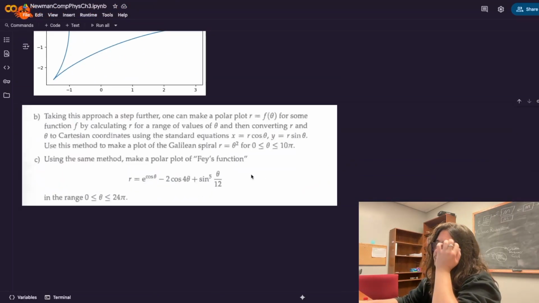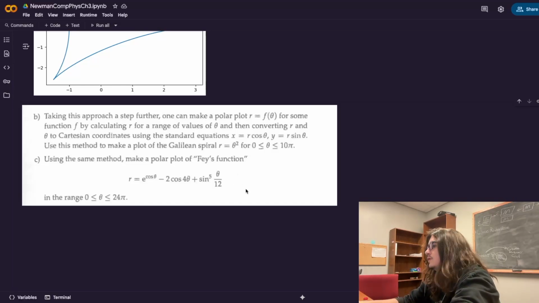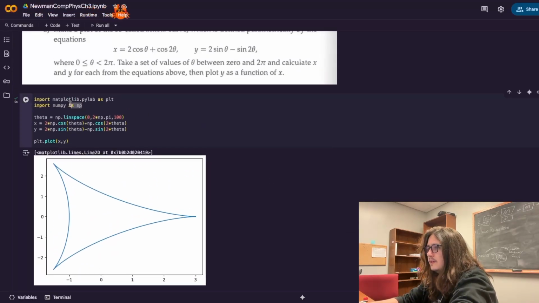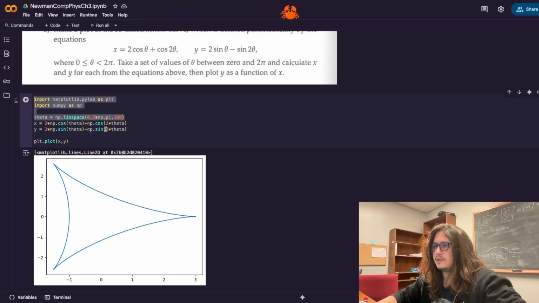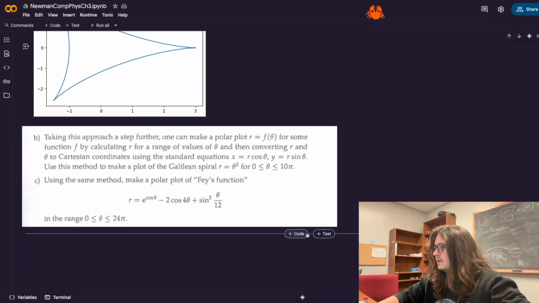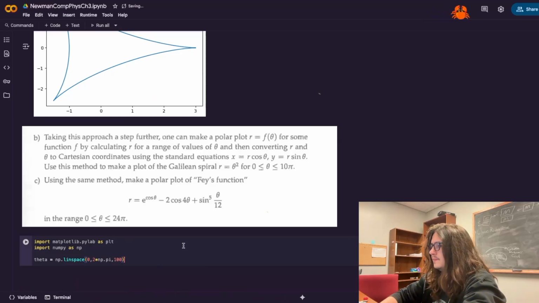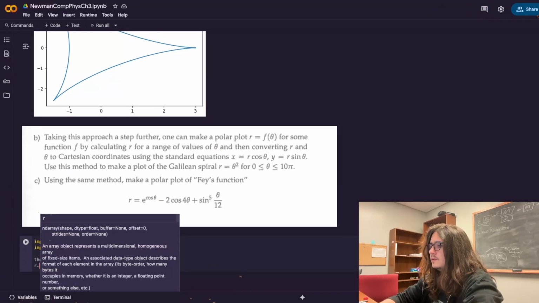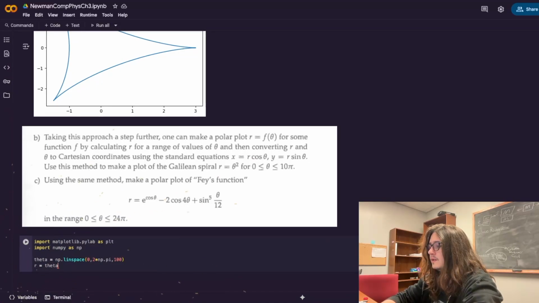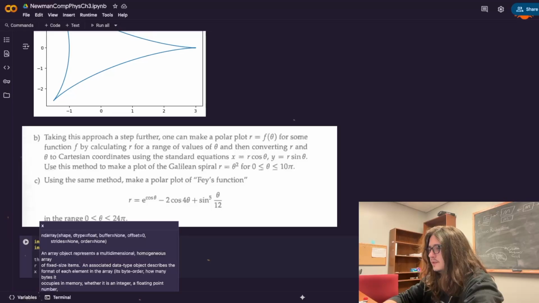The next one is to do a polar plot by using the equation r equals theta squared, and then convert those into Cartesian coordinates and plot those. So I'm going to grab this chunk of code right here at least to copy down into the next cell here. But then we do r equals theta squared, not theta times theta 2, but theta squared,